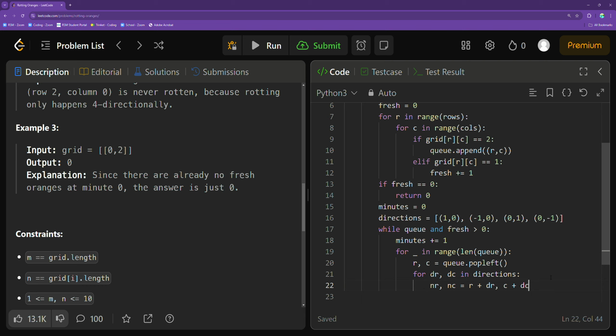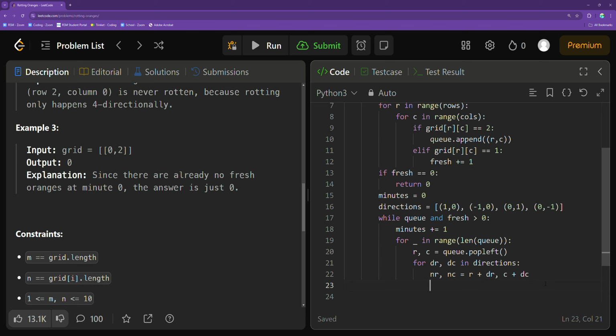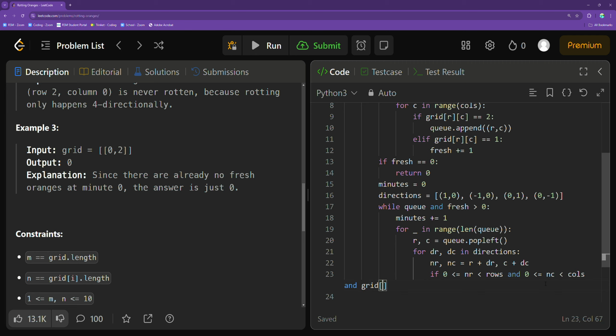And now, what we want to do is have this super long if statement, or conditional, that basically checks if 0 is still less than or equal to the number of rows, so it's still in bounds of the rows in our input grid, and 0 is still less than or equal to the current column index that we're looking at in this iteration, which is still less than columns, so it's still within bounds of the number of columns in our input grid, and grid at index R at index C, or basically this specific cell in this iteration, is actually equal to 1,